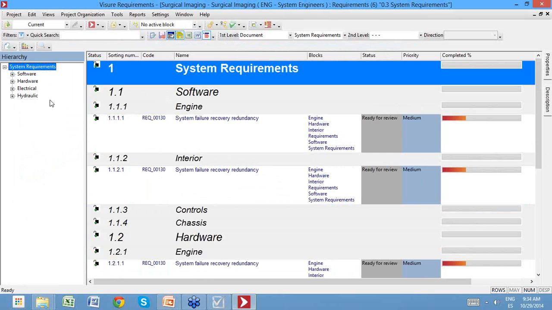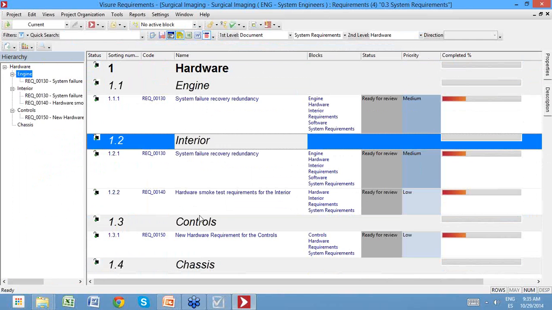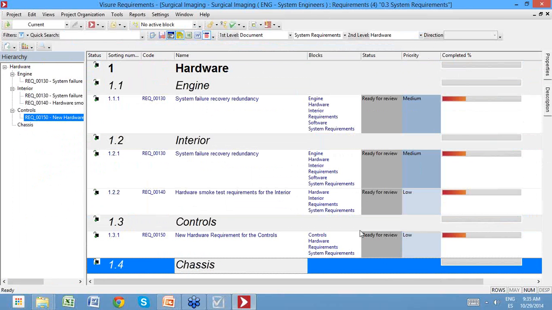At this point, we mentioned that we wanted to visualize the hardware requirements, but not only the list of hardware requirements, we actually want to see all the hardware that applies to the different components. So let's activate the hardware, and what we see is the hardware that has to do with the engine, with the interior, with the control, and with the chassis. So as you can see, as you can think about now,